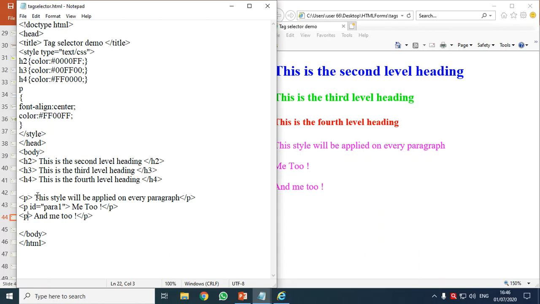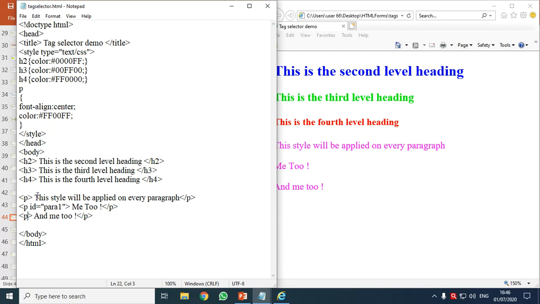When we are working with classes, that is the class attribute, the class attribute will be called in our style sheet with the help of a dot. Okay, it will be called in our style sheet with the help of a dot. So dot is actually known as a period in programming languages.